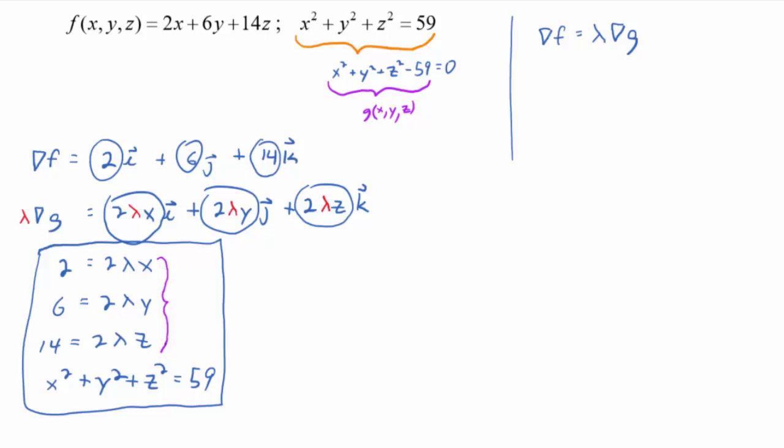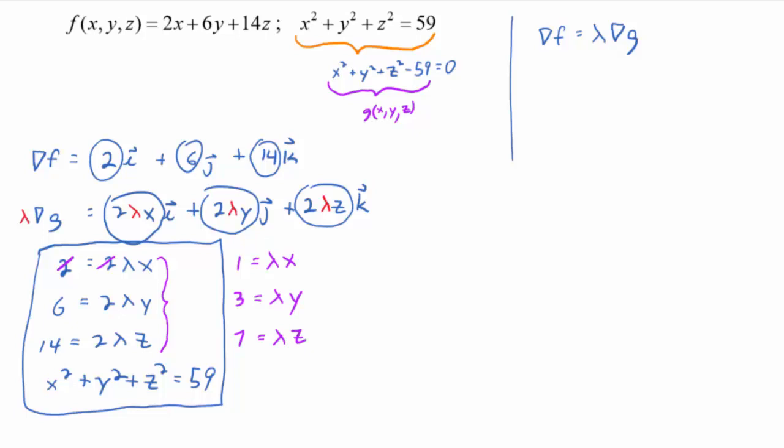You can solve for x, y, and z, and then it's in terms of lambda. Yeah, so that's my idea here. Now, to save time, what is that? That's 1 equals lambda x in the first equation if you divide out the 2's. 3 equals lambda y if you divide out the 2's in the second equation. And 7 equals lambda z